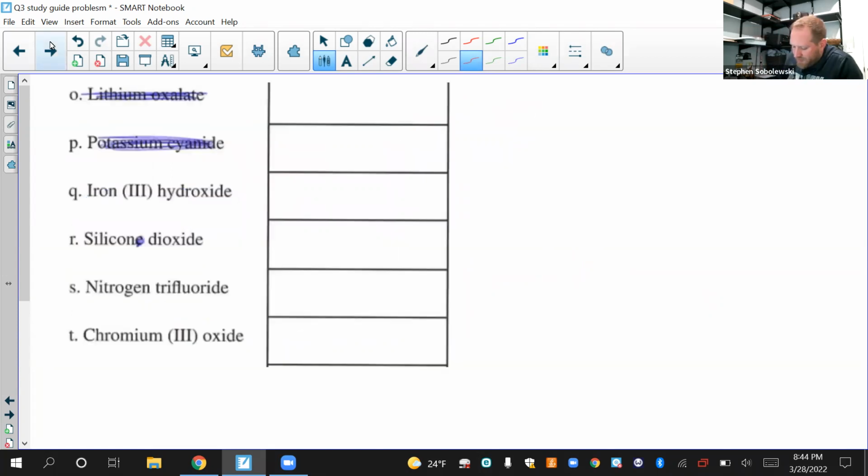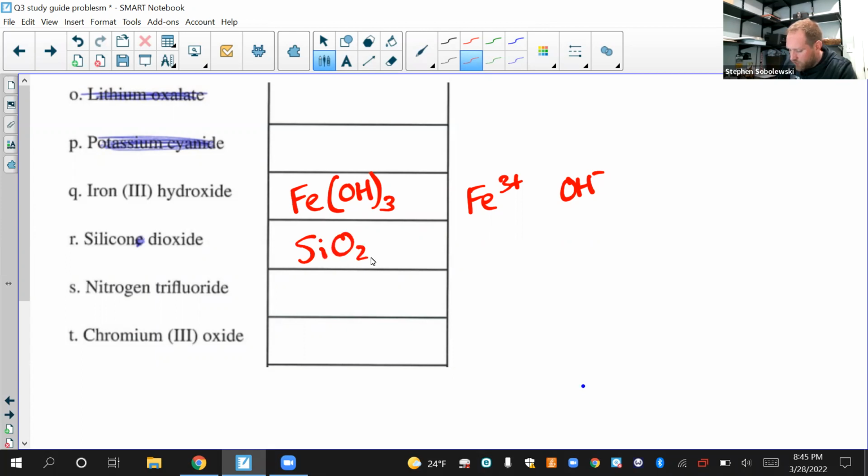All right, iron 3 hydroxide. So iron is Fe, and in this case, it has a charge of 3+. Hydroxide is OH-, so we need Fe, parentheses, OH, close parentheses, 3. People often forget parentheses with hydroxide. I'm not sure why, but make sure you have parentheses. If you just say FeOH3, that's wrong. Silicon dioxide is going to be SiO2. Nitrogen trifluoride, NF3. Again, anytime you see any Greek prefixes, don't think about charges, don't think about crisscrossing, you just